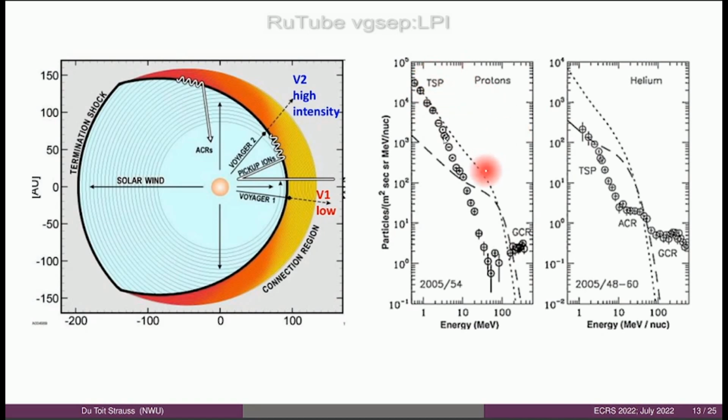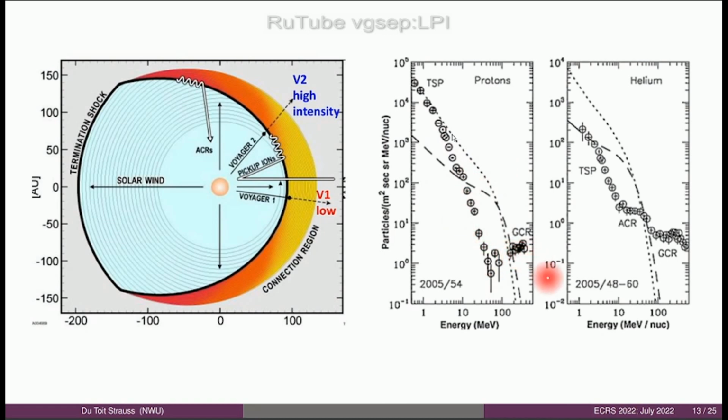But the intermediate energies were not well described by a power law, at least at the shock. And as the spacecraft moved away from the shock, it kind of evolved again more towards what we would expect for diffusive shock acceleration, some kind of power law that coincided with the shock compression ratio. However, there's a couple of different ways to explain why this happens.